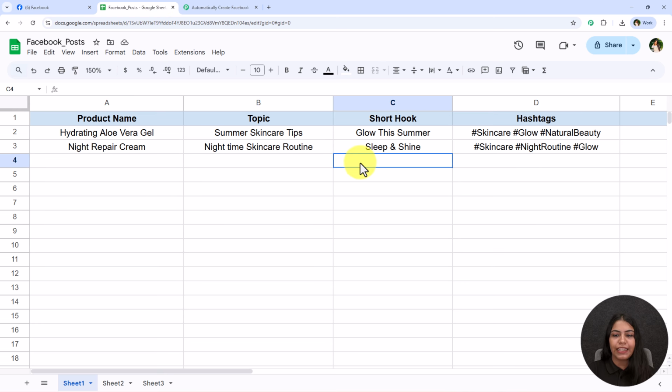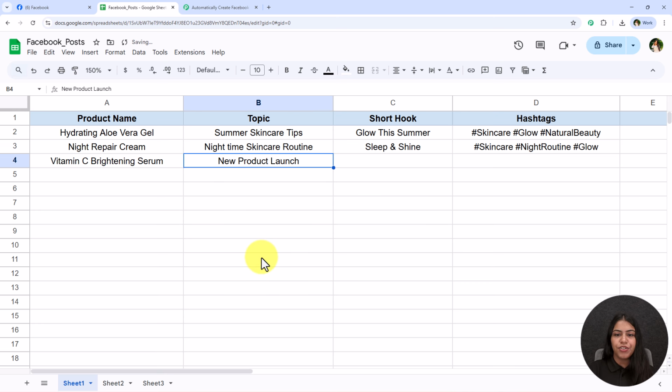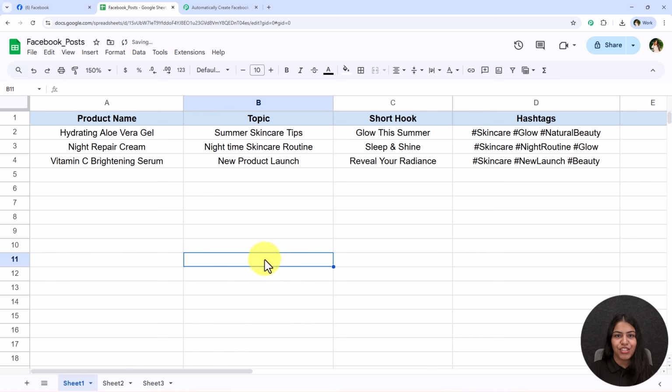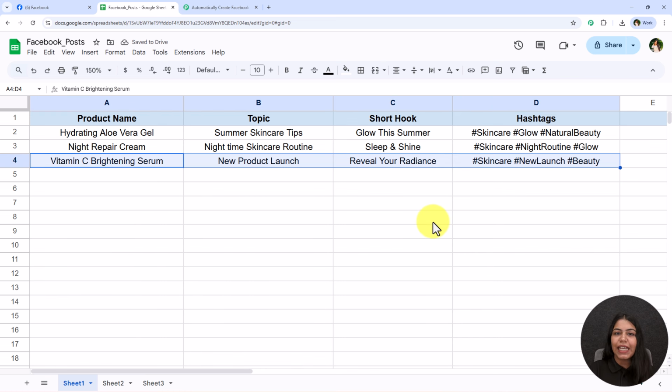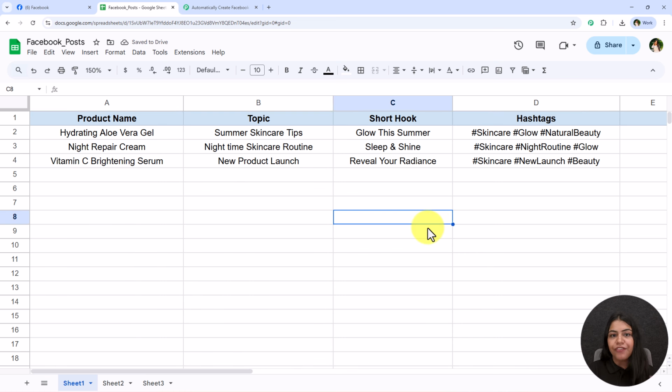I'm going to enter the details right over here. Alright, so we're going to start with this product name, then we're going to enter the topic, the strong hook and the hashtags. And yes, with this we have successfully completed the test submission because we have entered the details